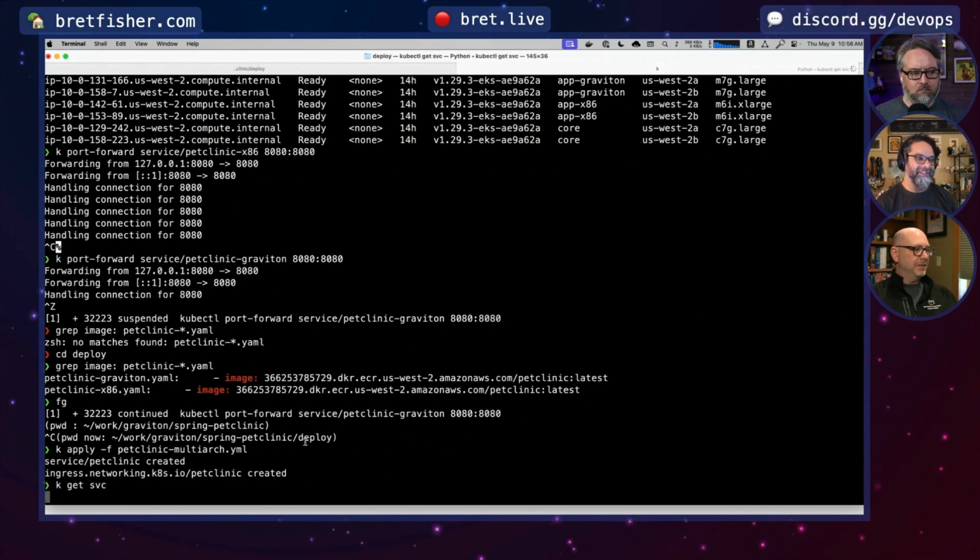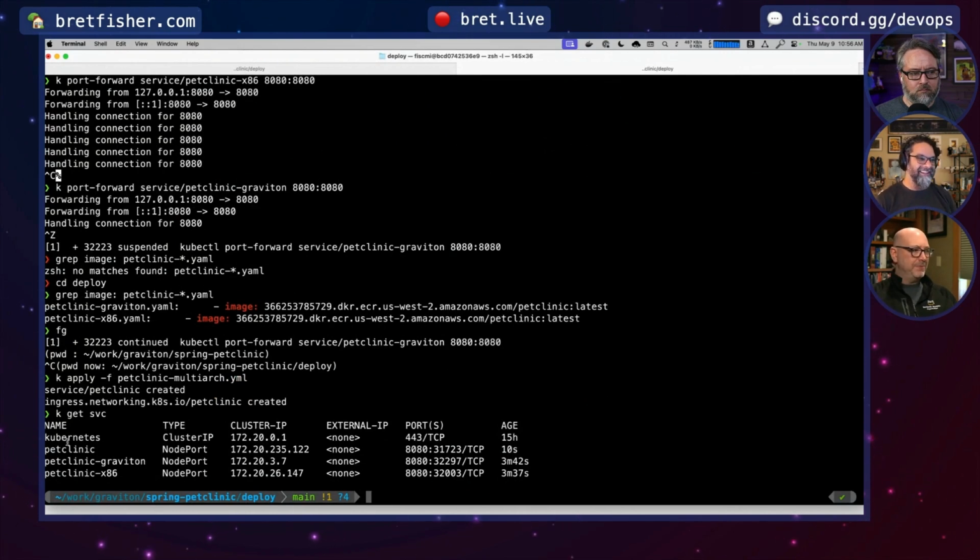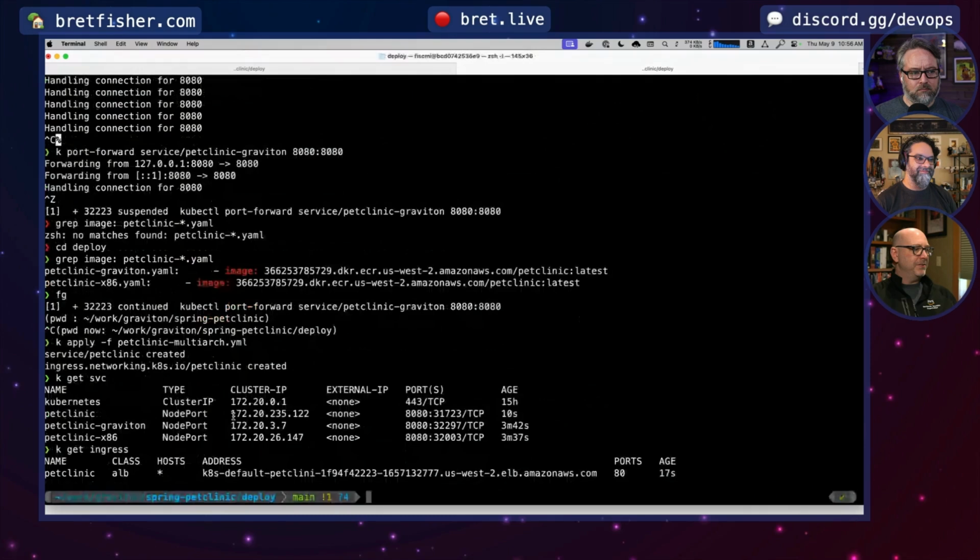And then switches between the 2? Yeah, and we'll load balance between them. So if I get my ingress here, you can see I've created a Pet Clinic. It'll take a couple of minutes for the load balancer to initialize. But when it does, you'll actually see as I flip through the pages that I'm going seamlessly between x86 and Graviton with no loss in performance and with no loss in data